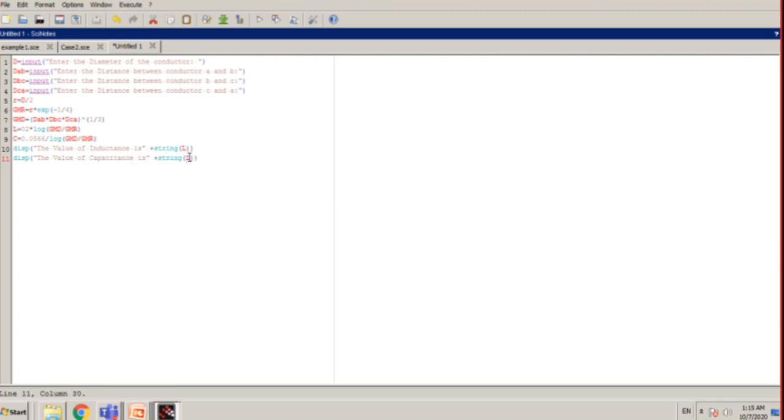The variable in which we calculated the capacitance is capital C, so I replace it with capital C. Now this is the code.